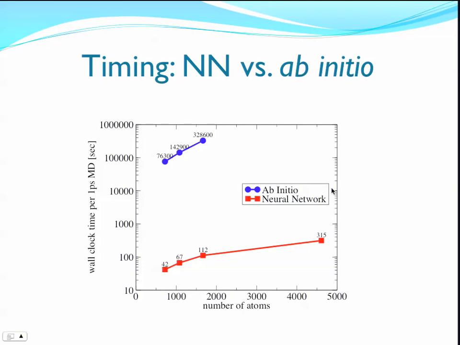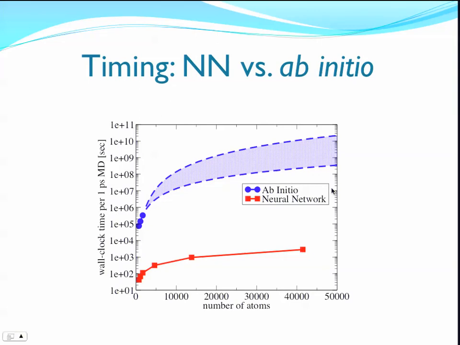This is quite impressive, considering that the accuracy of the simulation is essentially the same. If we extrapolate ab initio timings to the regions of tens of thousands of atoms, we see that the neural network code, which scales linearly with the system size, becomes more and more advantageous compared to ab initio simulations that scale,